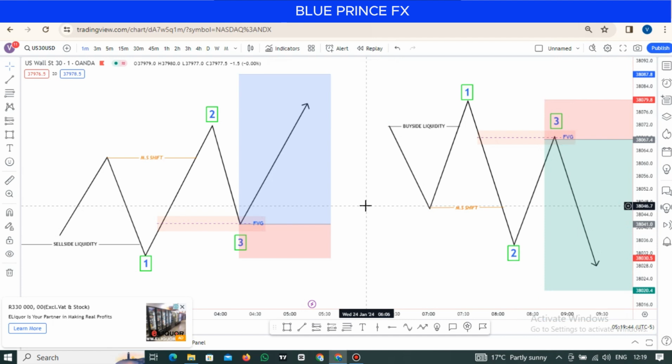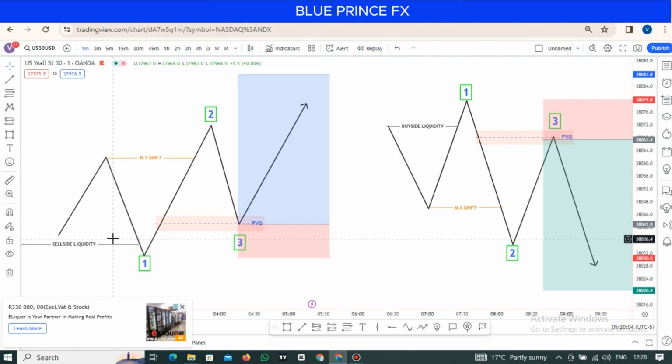So in recap, what do we look for in bullish order flow? One, we look for a sell side liquidity run, right? We look to take the liquidity out of the market, and we take out sell stops. Two, we want to see a market structure shift with displacement. Three, we want to see a fair value gap forming in between the leg of the market, the displacement low and the displacement high. Then we want to see the market retracing into a discounted price, and we take our